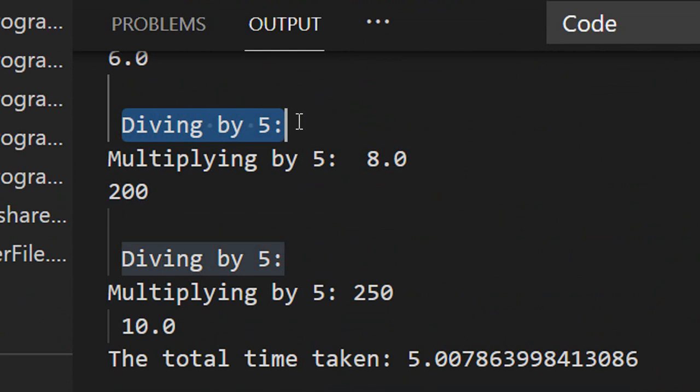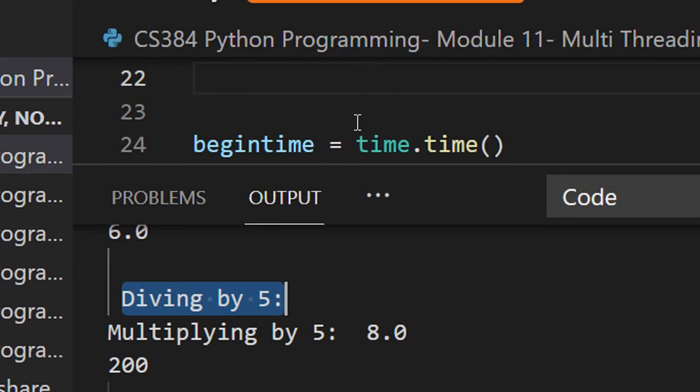Since both the functions are executing at the same time, just assume from a processor level, let's say the division operation takes some milliseconds, let's say it takes 82 milliseconds, right? And let's say the multiplication is taking 75 milliseconds, for smaller numbers. So it may happen that the multiplication happens first, and after 75 milliseconds, the result of multiplication is displayed. And then the result of division is displayed. So that is why this is happening in this case.